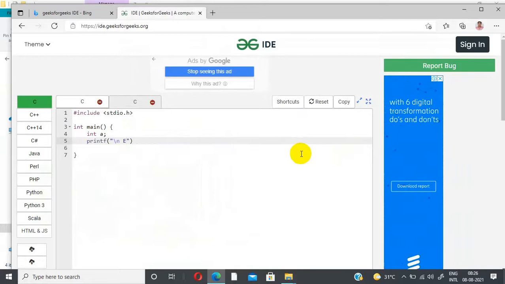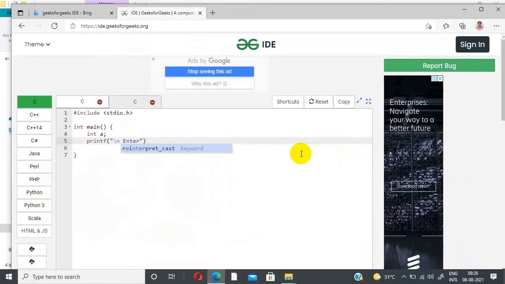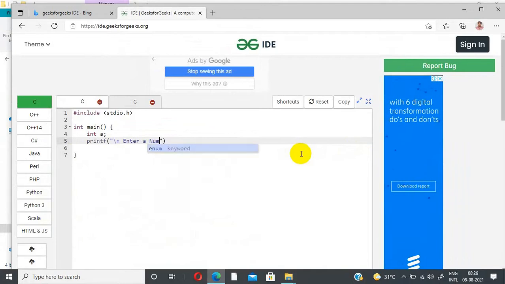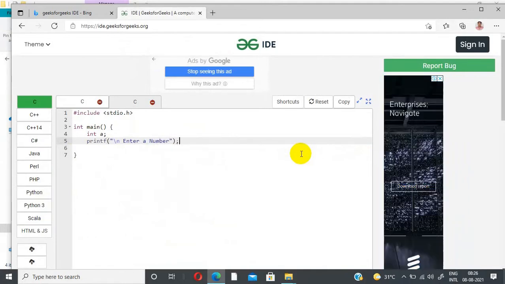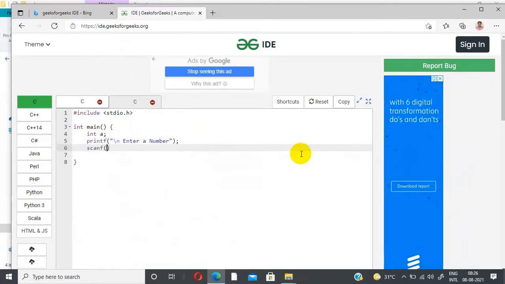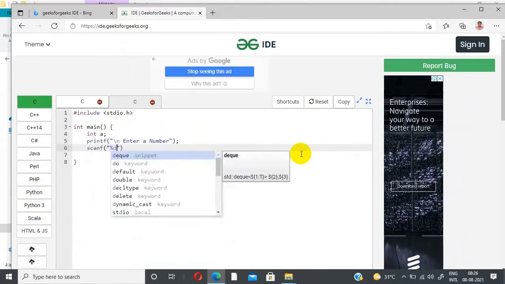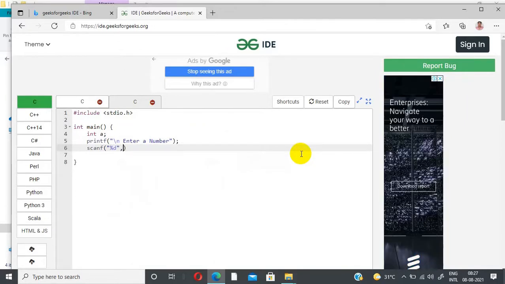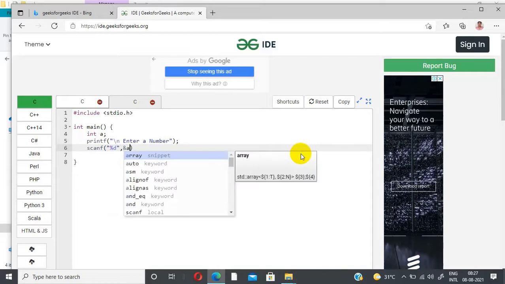I'm continuing my program. Enter a number. Then scanf %d, because I'm going to receive one integer number, that's why the format specifier is %d, then ampersand a.